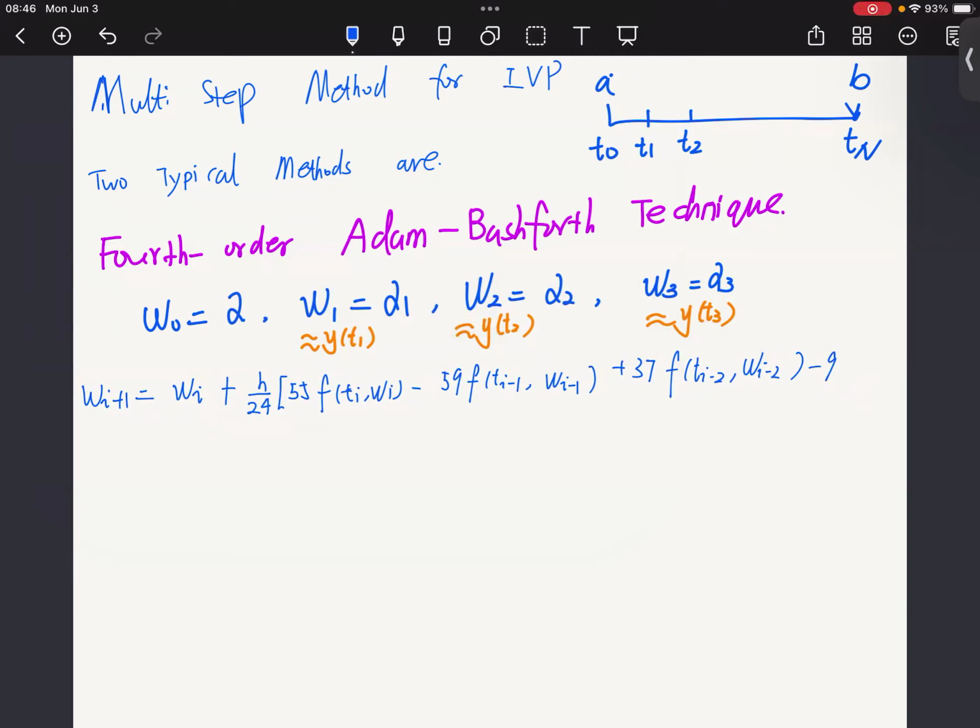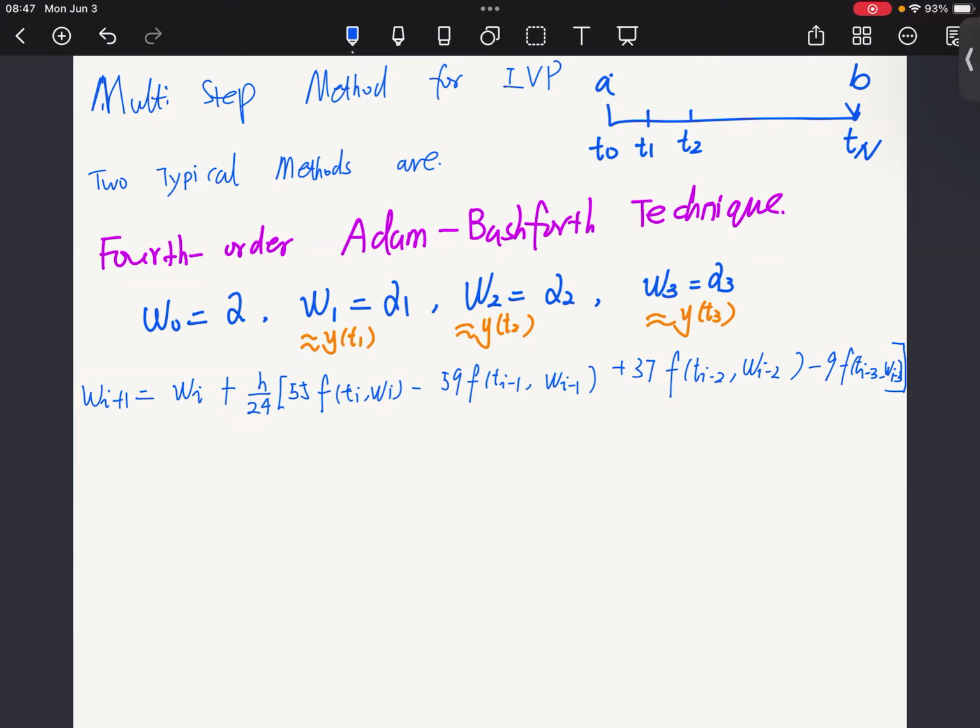Minus, and then f(t(i-3), W(i-3)) here, and these are the evaluations, and then there's a square bracket. So as you can see, we have a lot of evaluations of the f function as well, but compared to the Runge-Kutta methods,